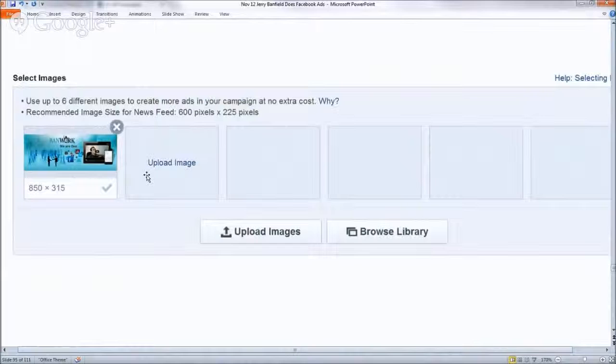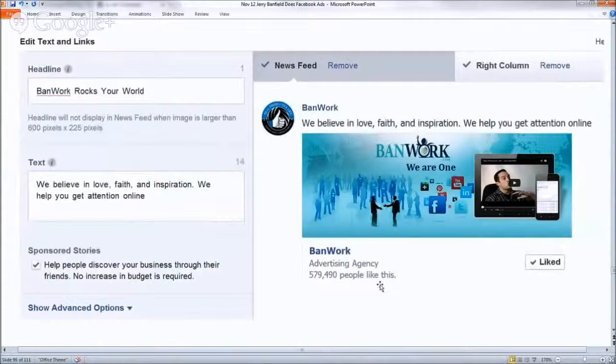The key is you want to use a lot of pictures. You can put up to 6 images in one ad, but you want to make your ad campaigns with 20 to 30 different images. So you want to upload as many images as possible. Once you put the images in, you want to see how they look in various ad formats. The newsfeed is the